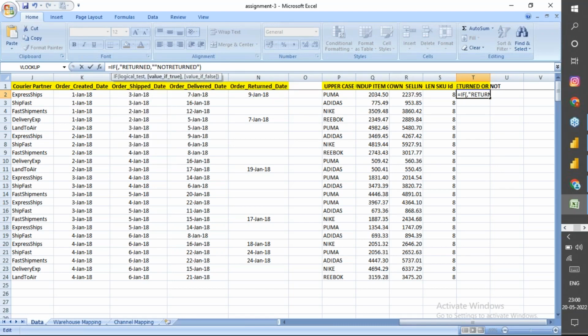Here, what is the logic test? No, go back. Array, wait. You see the first one, it's saying logical test. So what is your logical test? You want to verify whether column N has any blank or not. If that is a blank, then it's